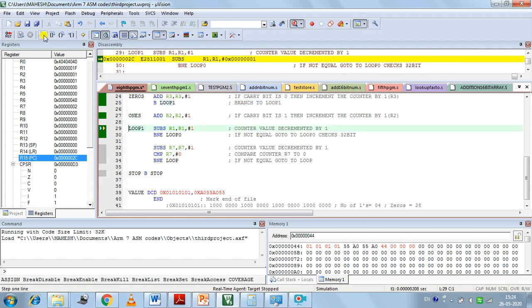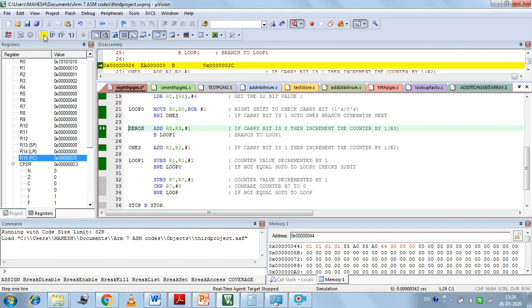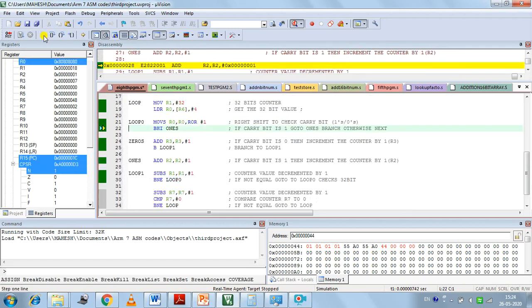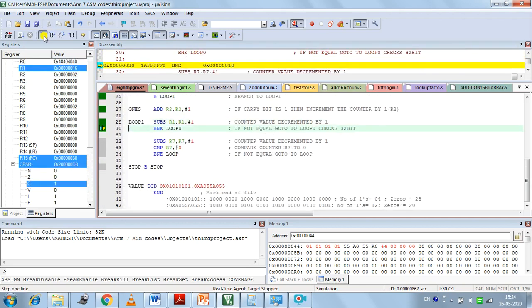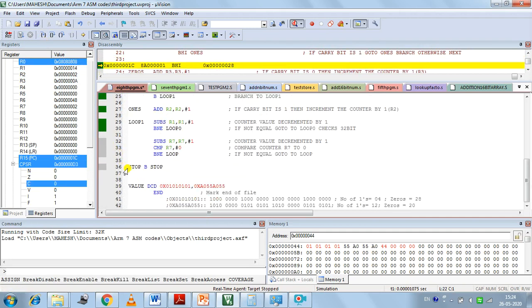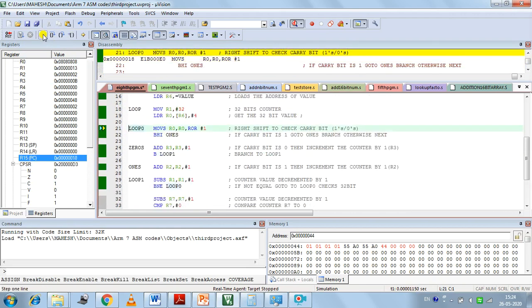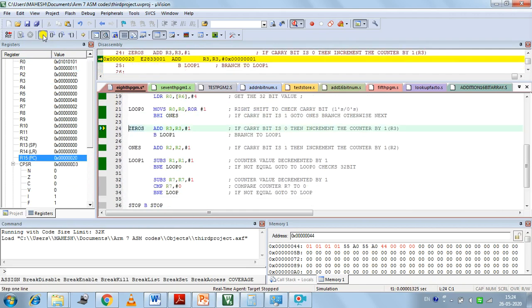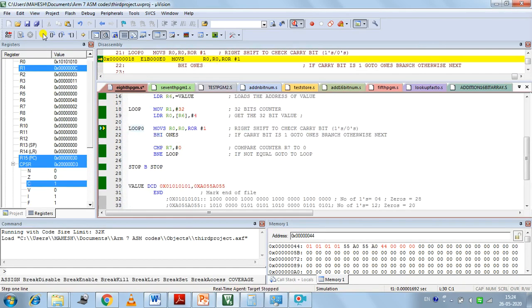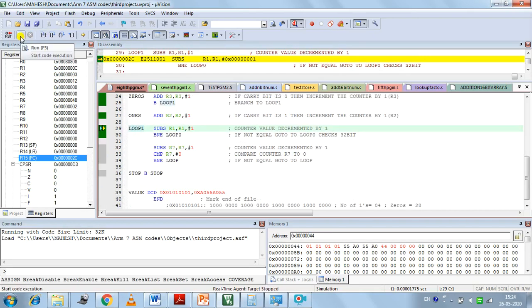So like that, if you go on with the stepping operation, you can see the result at the end of the execution of this program. You have to do this step function until you execute the stop debug function. Or there is one option available, that is F5, or run F5.